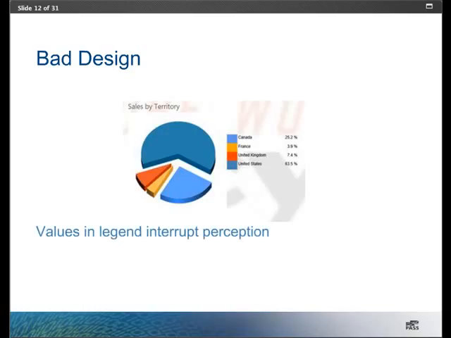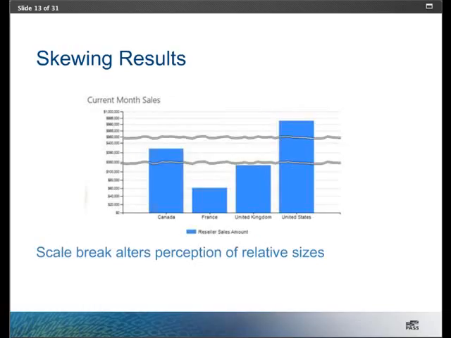We also have another problem with the way that charts get built. If we build the charts incorrectly, we can actually skew results. So I pointed out in that ugly dashboard we have these scale breaks. And the problem with scale breaks is that on the one hand, the purpose is really to make it easier for small values not to get lost in the chart when they're outnumbered by other values that are much, much, much larger.